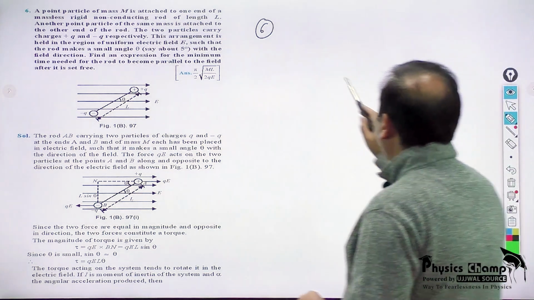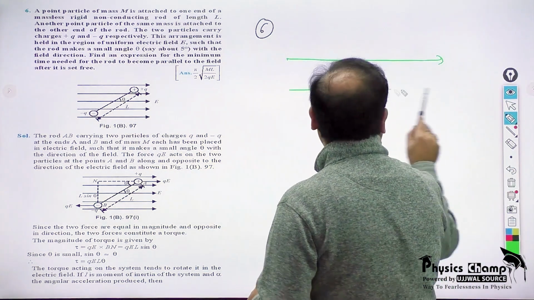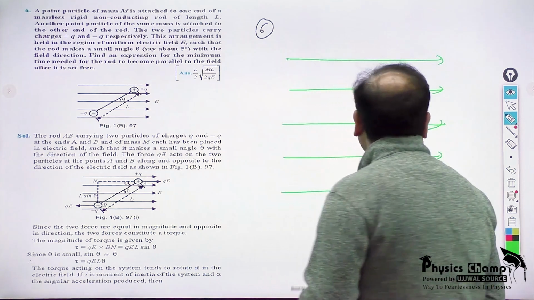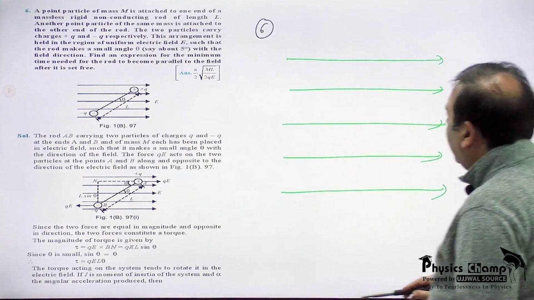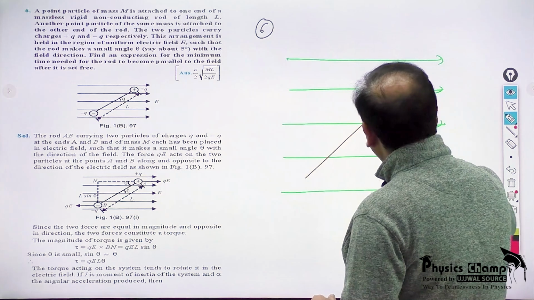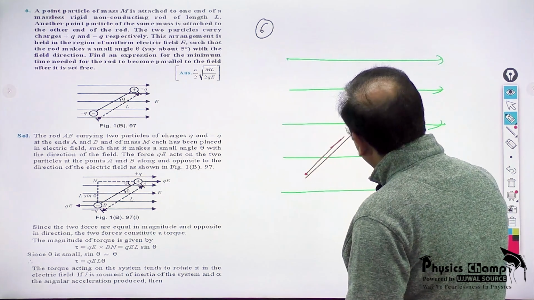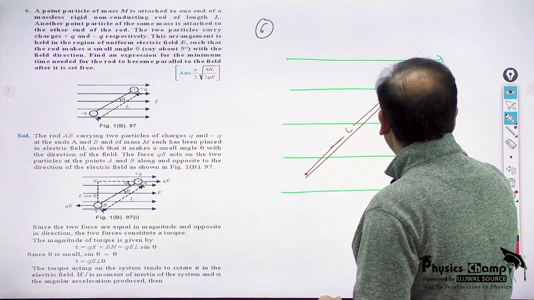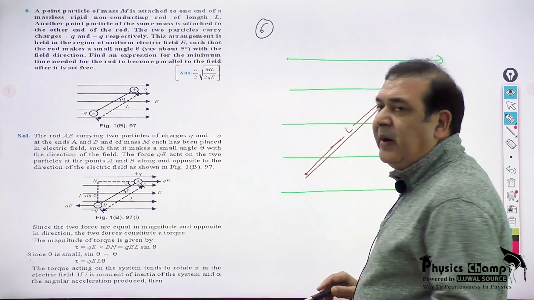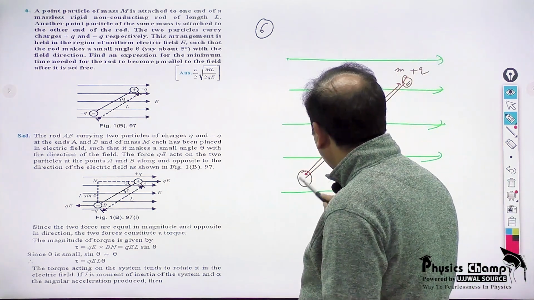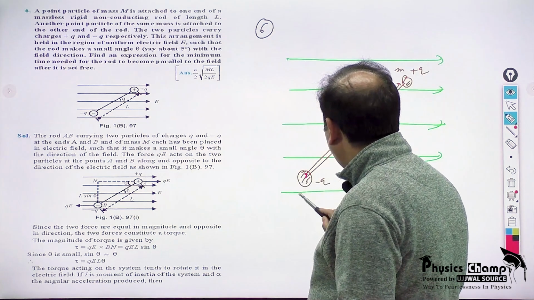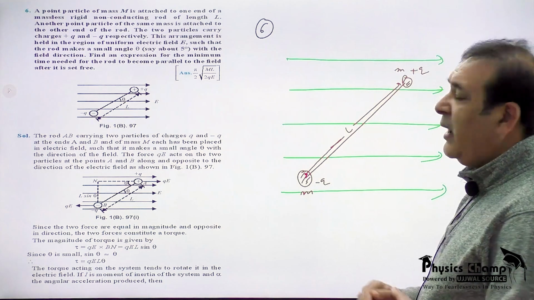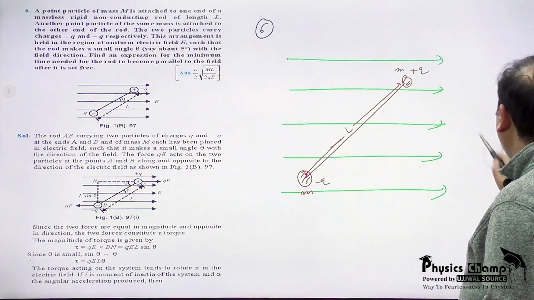So, the arrangement is that there is a uniform electric field, and in this uniform electric field you have here a rod of length L, not 2L, L. On this end there is a charge plus q on a particle of mass m, and here also there is a charge minus q on a particle of mass m. The arrangement is kept in uniform electric field E